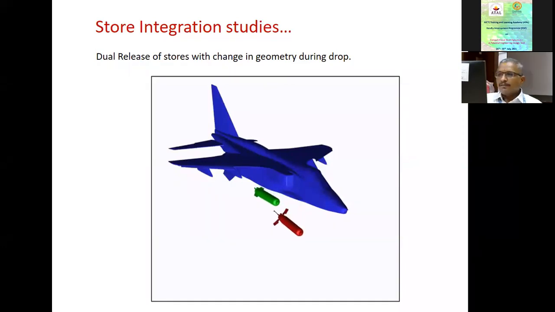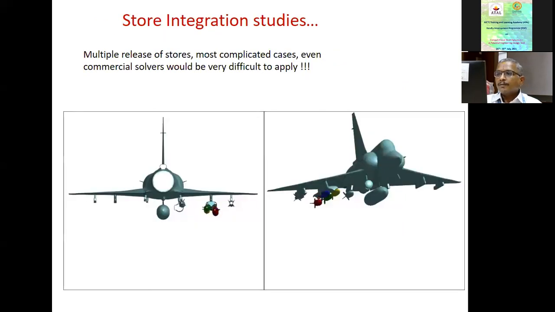So this was one of the complex problems which I have been showing now once or twice. This is the kind of problem which we solved. Here the highlight is not only that this body is moving; the geometry of the body which is moving itself changes with time. So we have to handle generation of a dynamic cloud of points around each individual component, where the component geometry itself will change with time. This is another example, not just one or two. We have solved multiple release of bodies from this geometry.